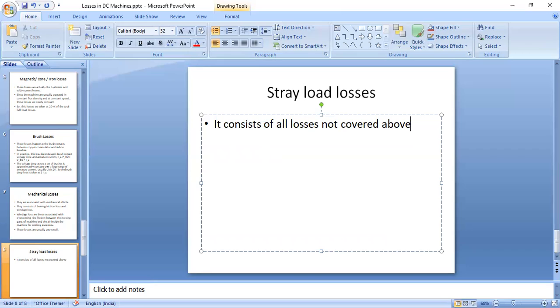The extra losses that are not covered in this topic come in this loss, the stray load losses. These are miscellaneous losses that result from such factors as: